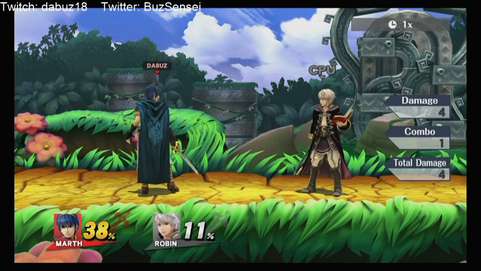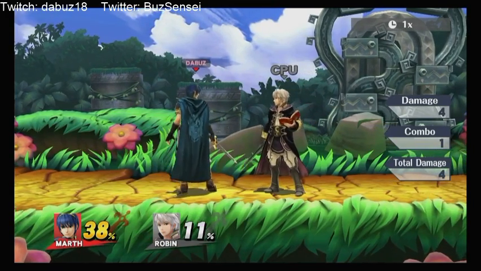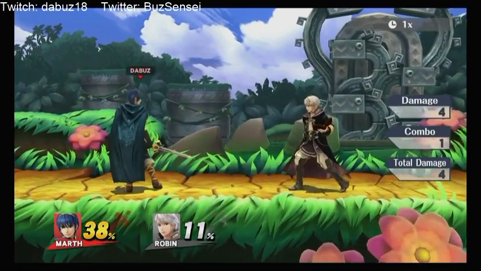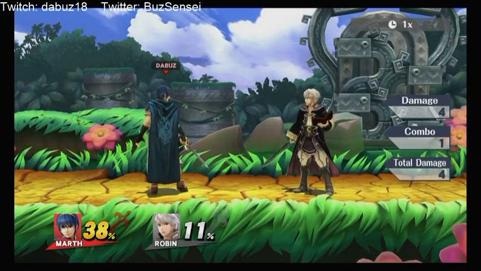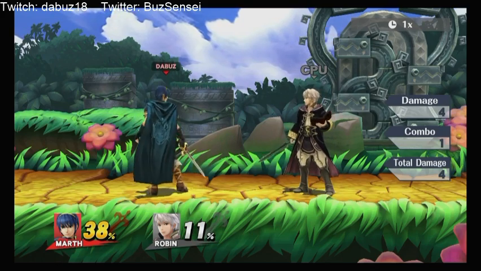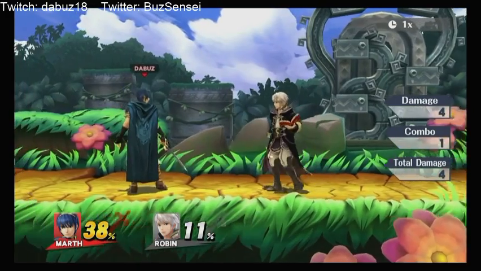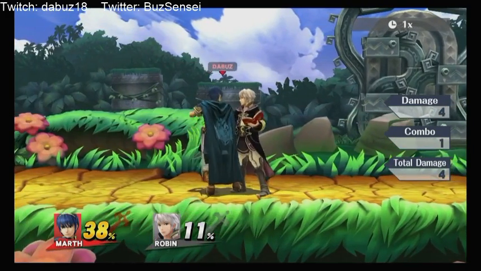And so now, knowing that, the next thing to keep in mind is Robin. In this match, for example, Robin has less range than Marth. Around here, Robin doesn't have any pressure tools, he doesn't have any mix-ups really. He still has buttons he can press, but they're not nearly as good as Marth's. So he has two options. Either he can get close, where Marth's buttons are much more unsafe and Robin can hit buttons and hit Marth